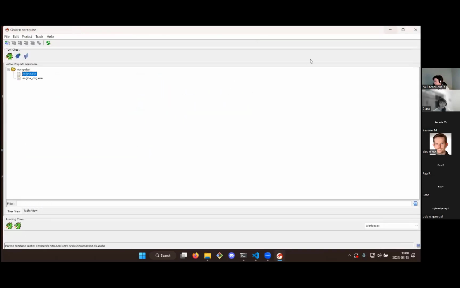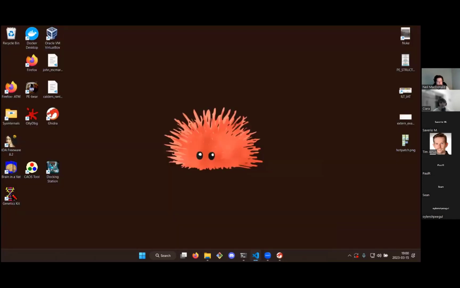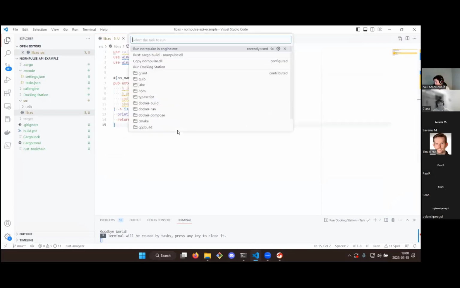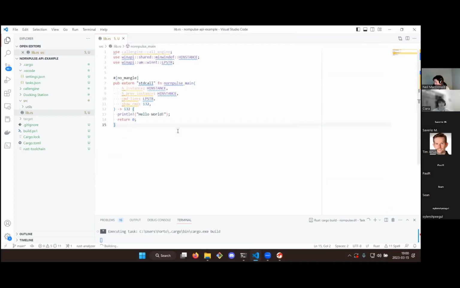And all that really remains is we need to specially craft our Rust function to be called. So let me just find the right one. There we go. This is our Norn Pulse section here. So you see we've got our Rust function. It has the same calling convention and the same arguments, and all it does is print hello world. And if we run it, with any luck,